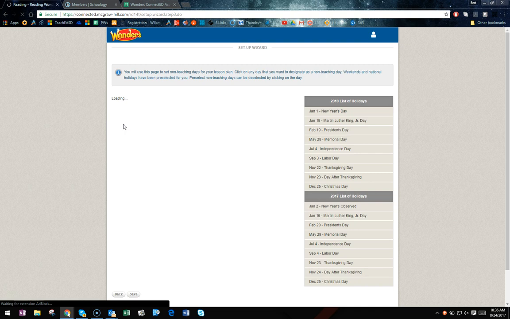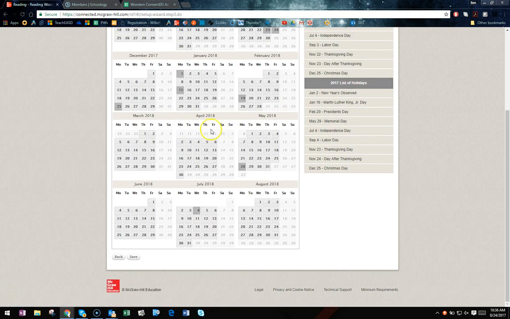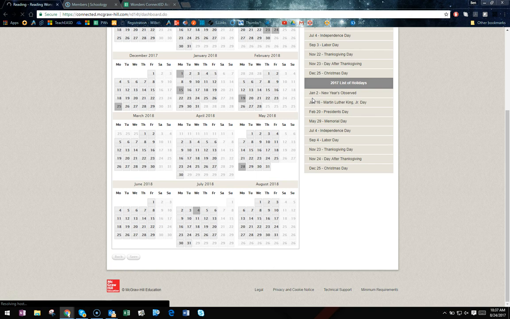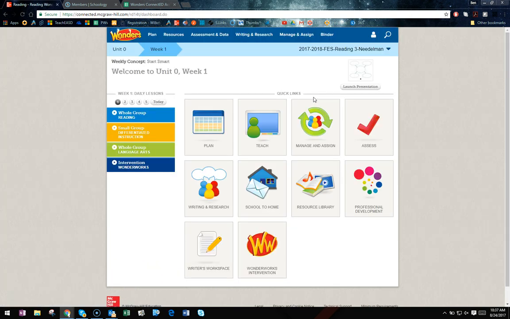That will load up your course. Actually, it shows you a calendar where you can confirm some things, but you do need to click Save at the bottom. Nothing really that you need to do on that screen. Go ahead and let it load for a minute. Okay, so now we have loaded, and it is in Unit 0, Week 1, and we can see that the